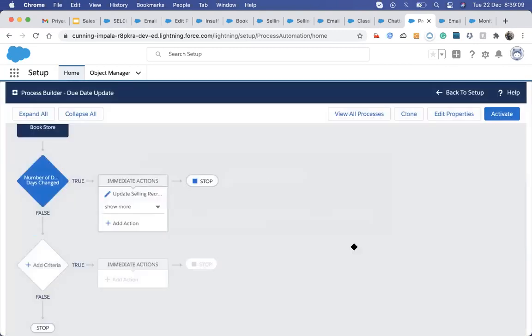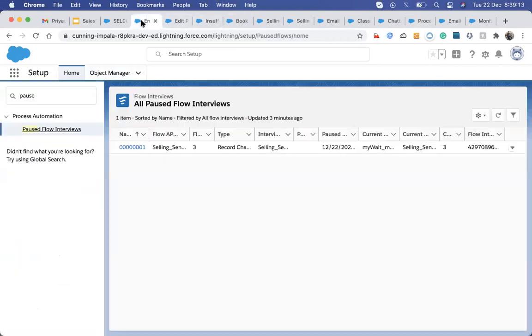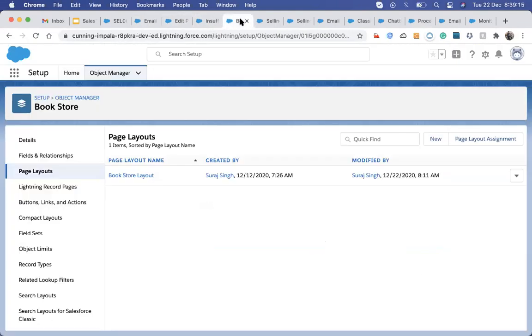Before that, let's add that into the layout so that you can see.